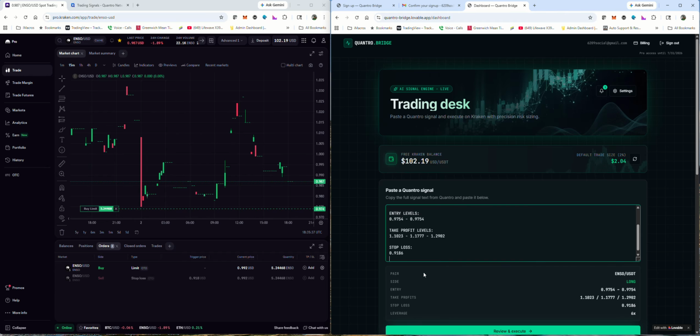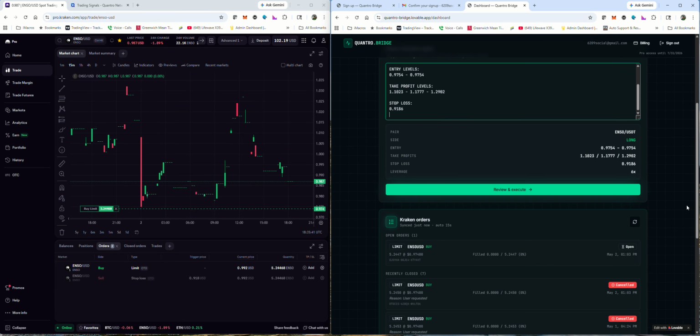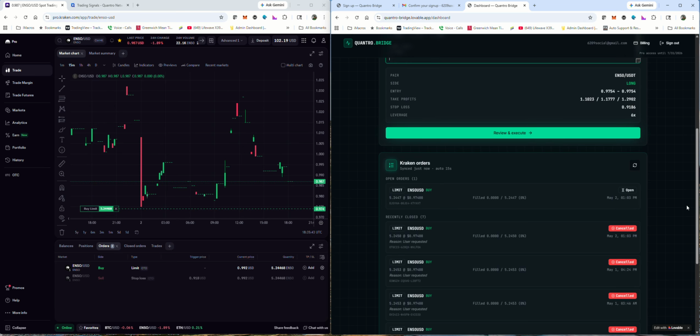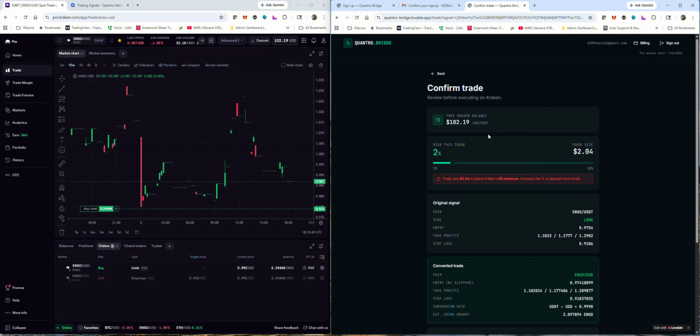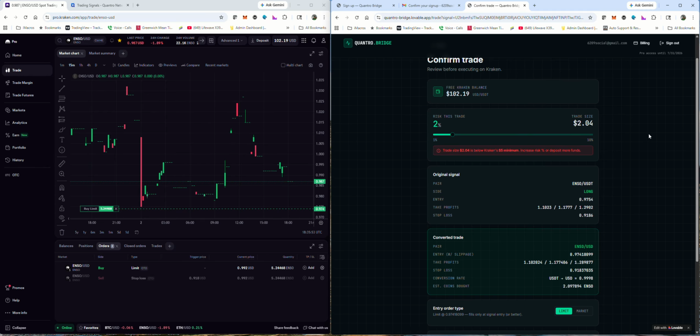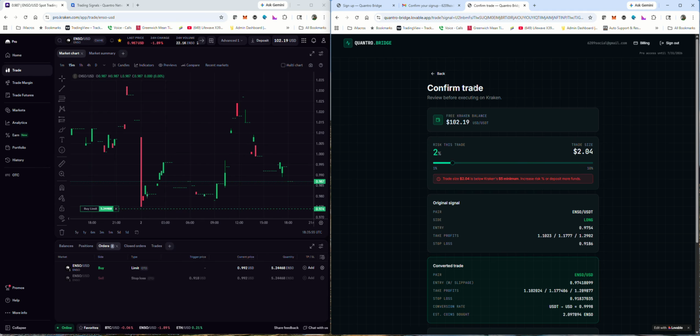it looks. So all I'm going to do now that I've copied that in there, and if you notice, I only have one open trade. As soon as I hit review and execute, it's going to bring me to this panel right here, the confirm trade panel. I'm going to go over this with you. So it has the amount that's in my account. And if you notice here, it has the risk